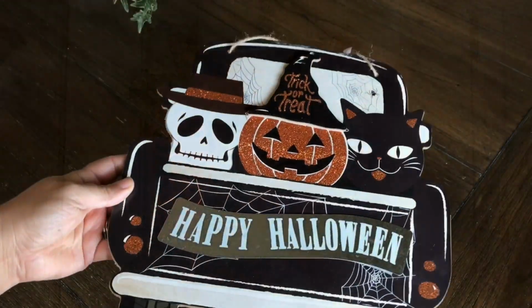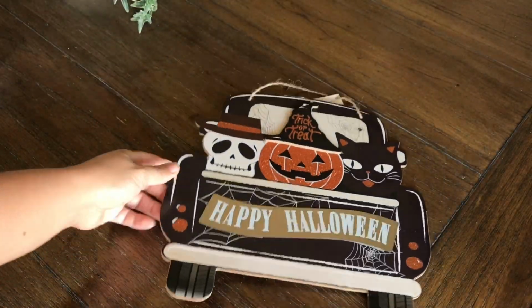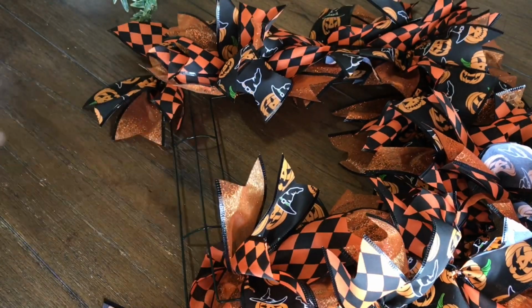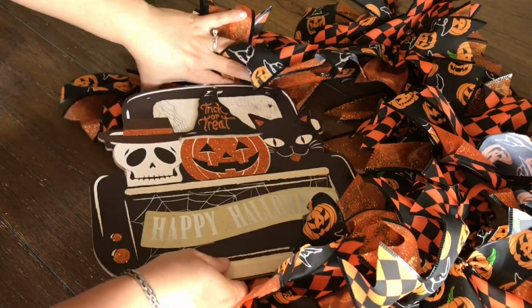This is where this DIY was going to end, but again, I found another sign that I want to use. So this is the sign that I fell in love with. This is the one that I was looking for. Since I'm going to be making that change, I decided to add some additional embellishments. So I went ahead and took out the other sign, and we're going to attach it pretty much the same,